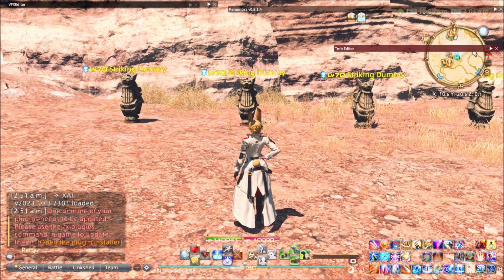Hello everyone, Warrior of Darkness here, and I am here with the tutorial on how to do a weapon swap, a temporary weapon swap. This is not a permanent solution. It's a temporary thing. But I got a request in the Discord server, which I will link in the description,